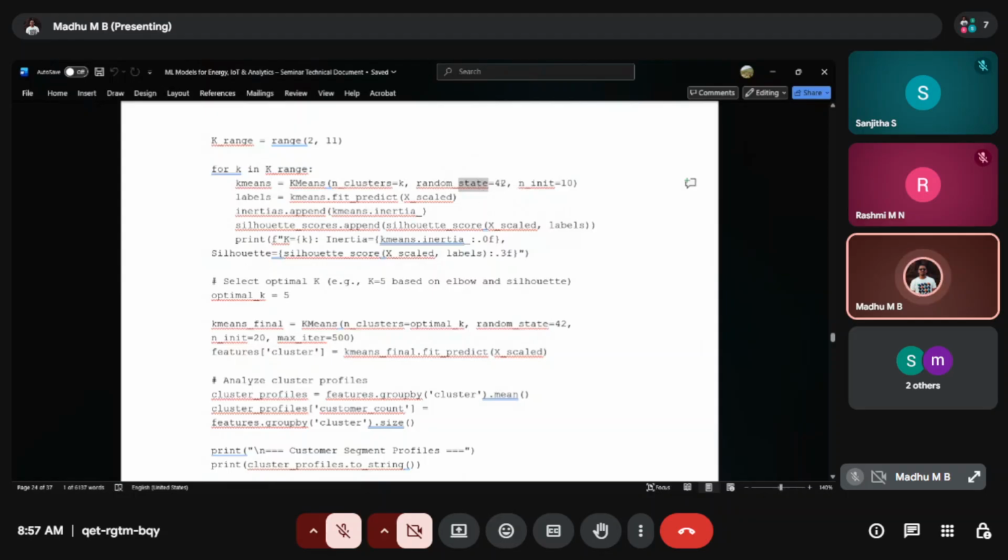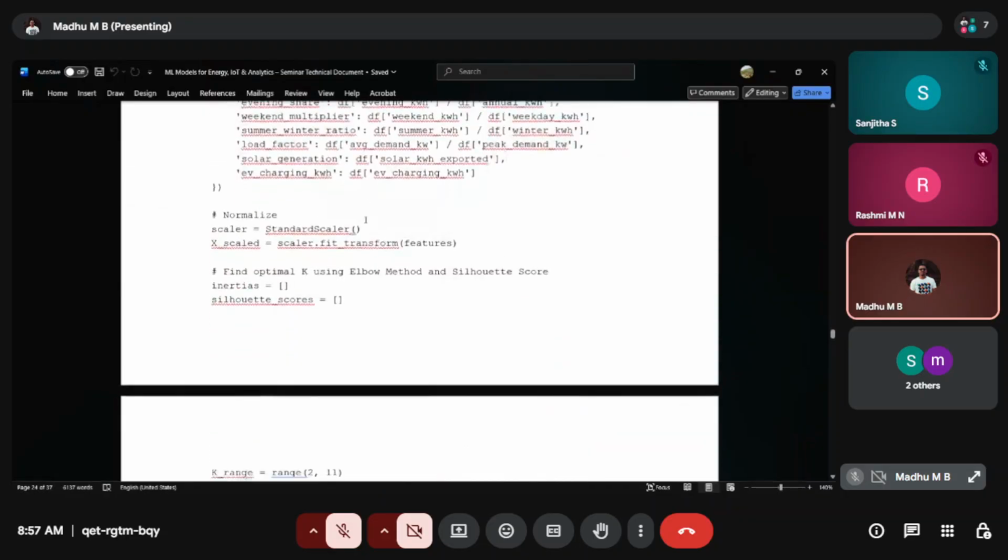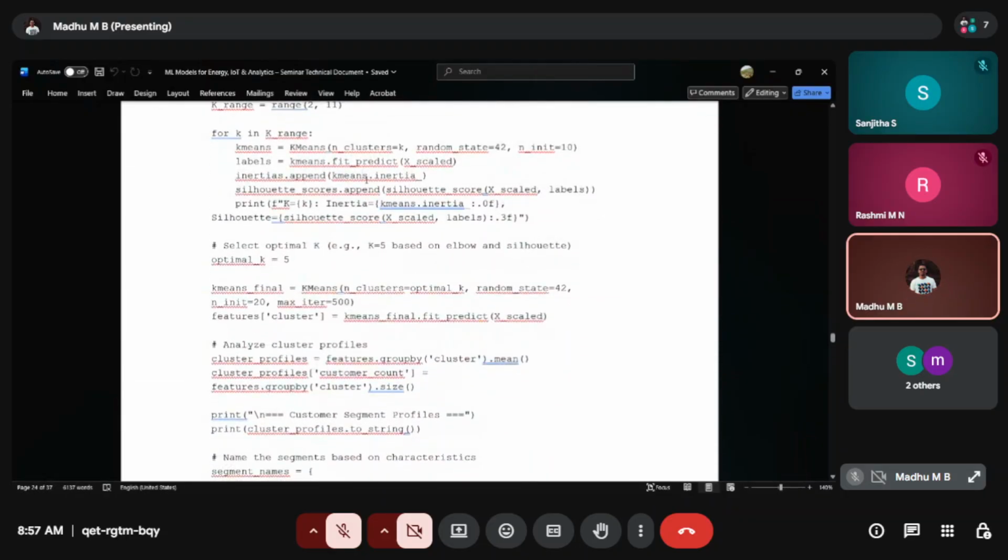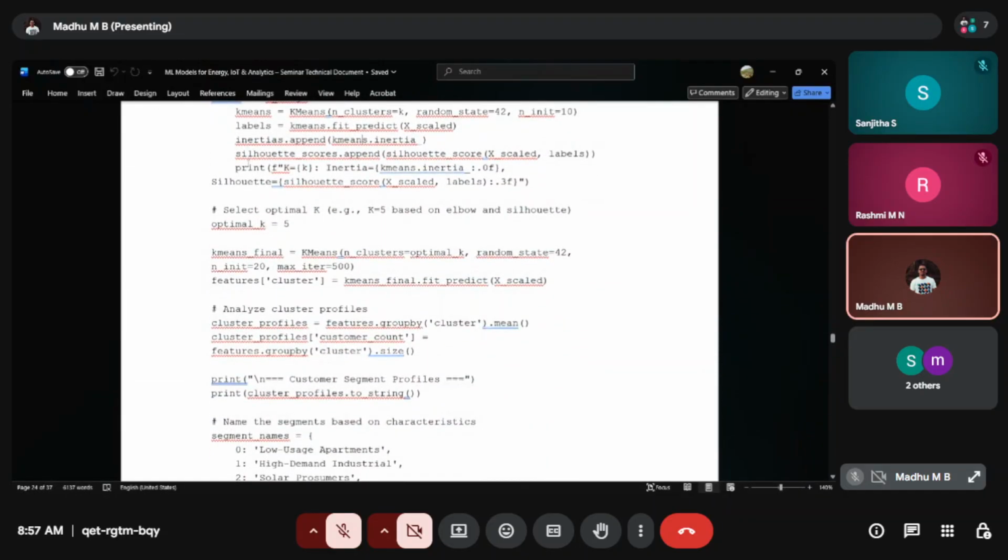This is the random state where we have to give some value. And this is the KMeans and the labels. Where do the labels come from? They come from the earlier data. And then we are trying to create reference points by using the libraries.